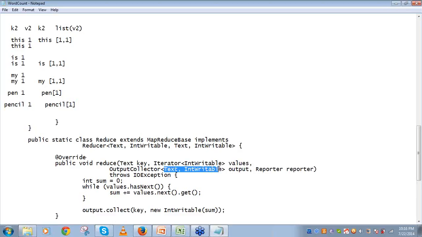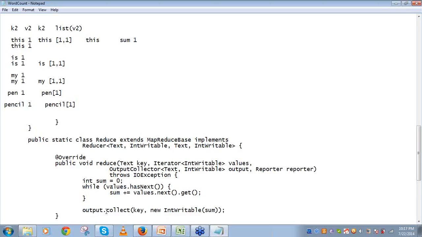Text iterable, sorry, the value. It will take this key and read this first. And it will take the value sum 0, and ask whether this value has next, meaning whether this key has a value. It will read the first value, yes. If yes, it will get into that and increment sum by 1. Now your value of sum becomes 1,